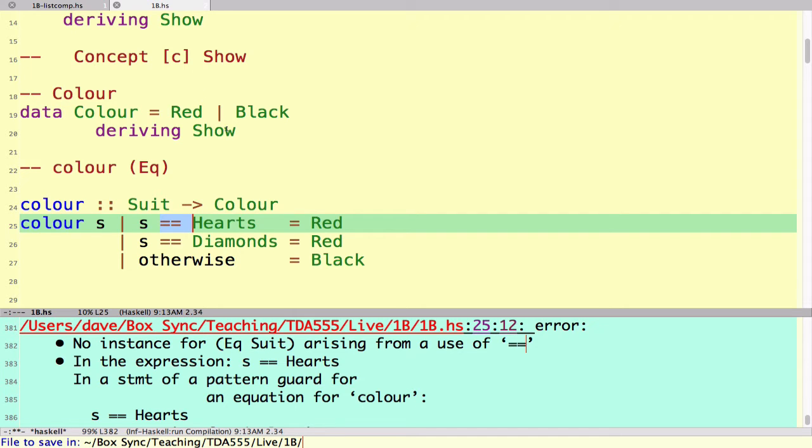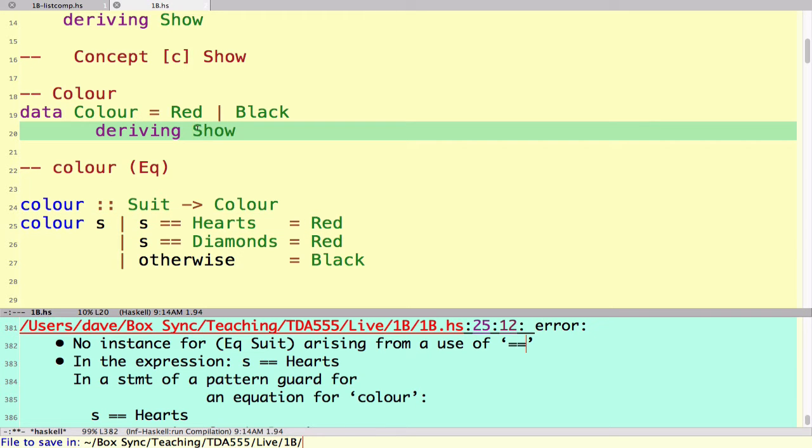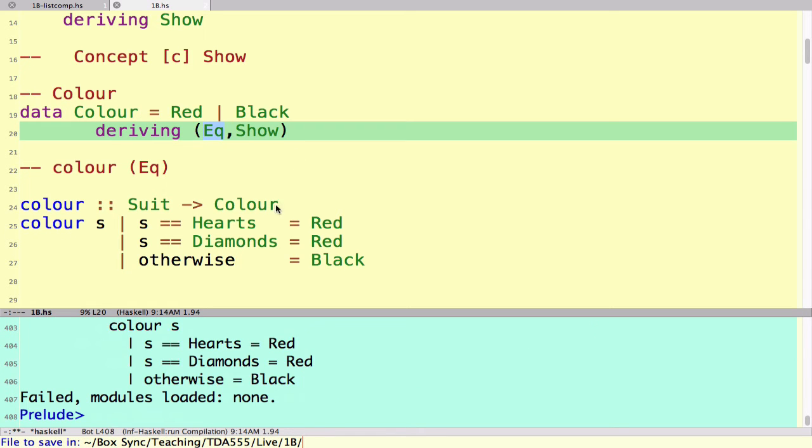And again, it would be really boring to have to define the equality operation when it's the obvious one. So fortunately, we can play the same game that we did before. We can derive that automatically by saying, I want not only the show function to print things out, I also want the equality operations, equals, not equals. Okay, so this will automatically allow me to test for equality. If I recompile this,